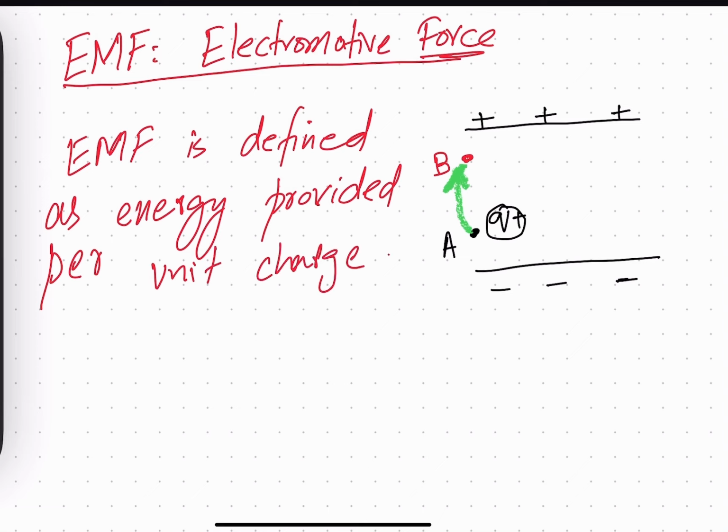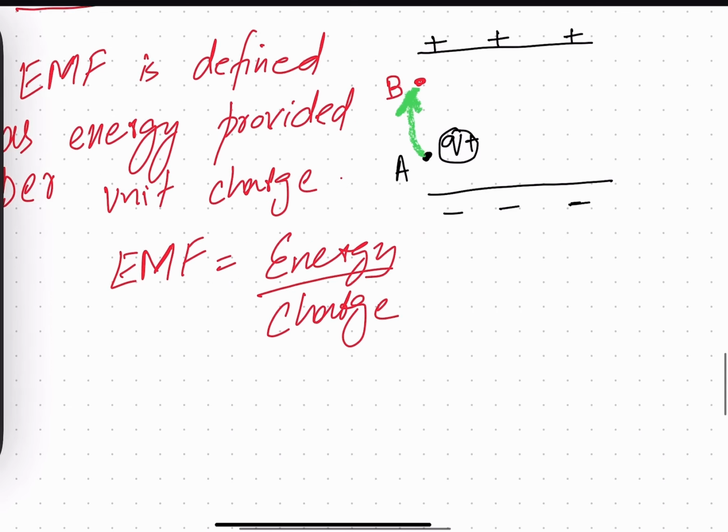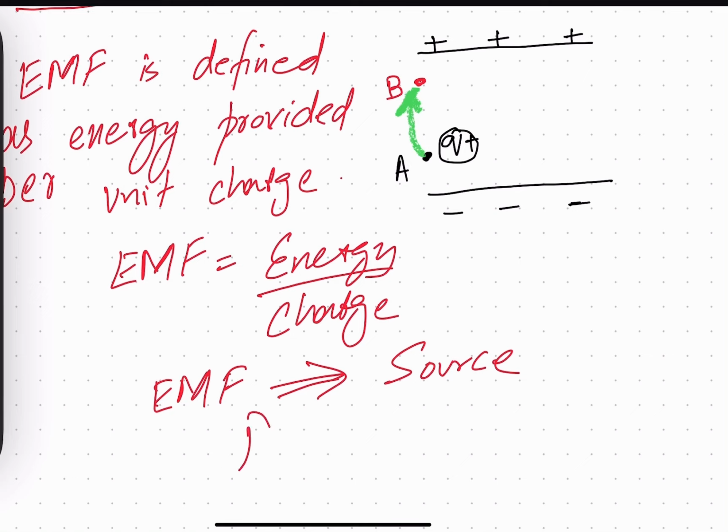Okay, that is the EMF. So EMF can be written as energy provided per unit charge. Okay, so the energy is provided by the battery. So EMF is basically a source of energy per unit charge. Okay, it is provided by a cell or